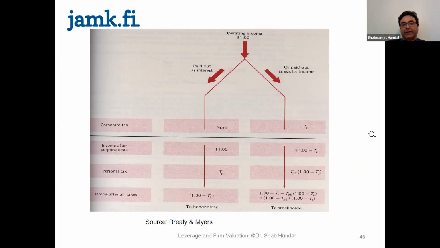But when you get the equity of €1 or $1, you pay tax two times here on the right side. You first pay the corporate tax rate because the dividend is given to you after the company has paid the tax. So it means that you basically get 1 minus TC. But things don't finish here. You also pay the personal income tax. So the slide is giving you the message that as an equity holder, you pay tax two times, but as a debt holder, you pay tax only once.